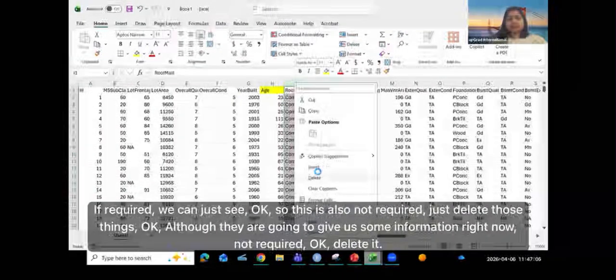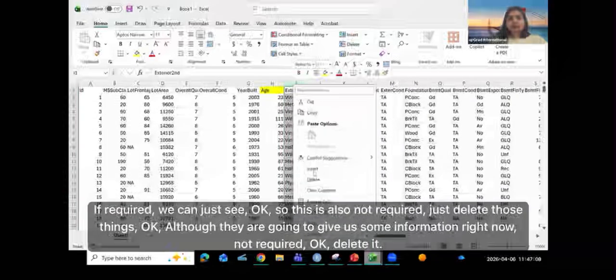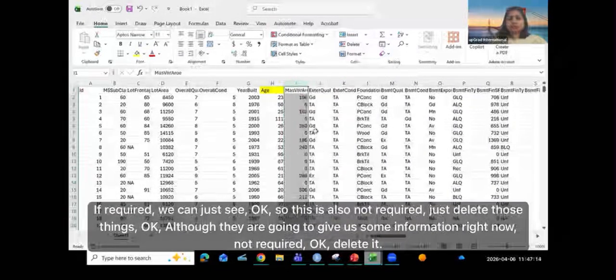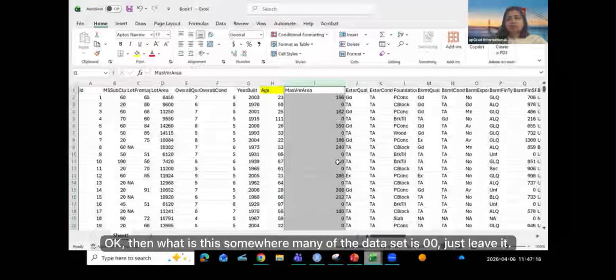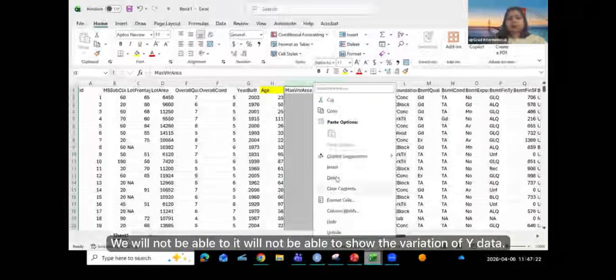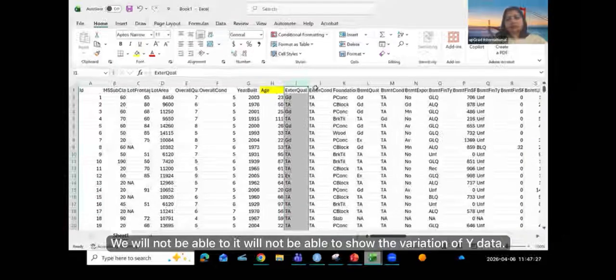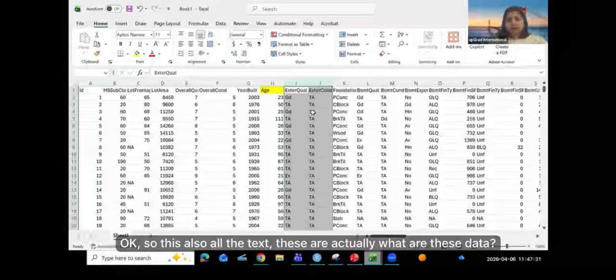Okay, so this is also not required. Just delete those things. Although they are going to give us some information, right now they are not required. Delete it. Then what is this? Many of the data are 0, 0, just leave it. It will not be able to show the variation of y data. So all this text, what are these data? These are actually your